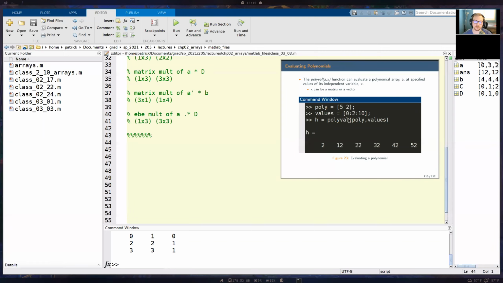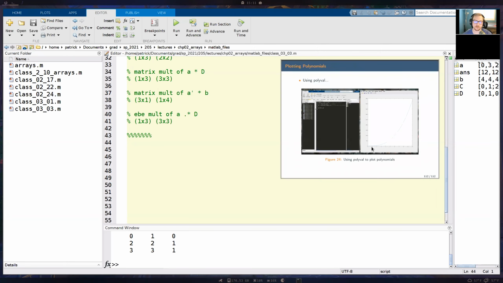And we could evaluate it with this x range here, to get the corresponding y values for our polynomial. And once we do that, we can then make a plot with that, which you'll see looks like this. But again, we're going to be going over this in a lot more detail once we start our plotting chapter, which we're going to do right now. But once we get to plotting polynomials, that's a bit later in the chapter.